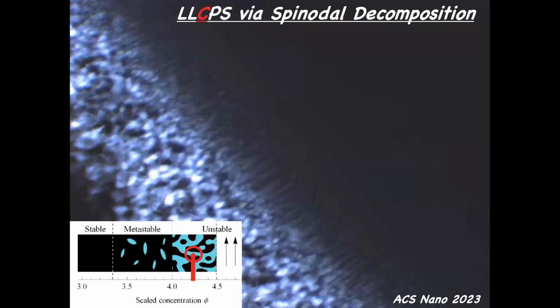Okay, what about spinodal decomposition? Now, there are two ways you can look at spinodal decomposition. Either you increase the concentration, you go from isotropic all of a sudden to a two-phase system, or you can do it the other way around. You can just cross the phase diagram fast enough. Fast enough means faster than the nucleation rate of the tactoid, and this should give you access to the spinodal.